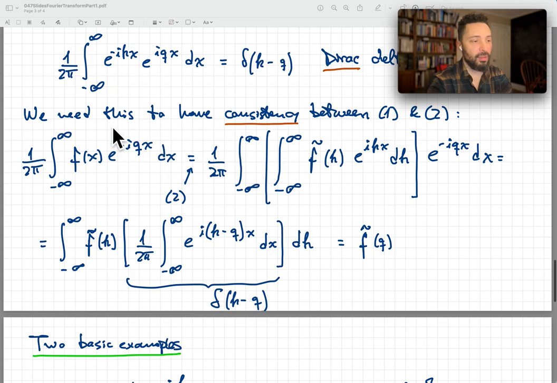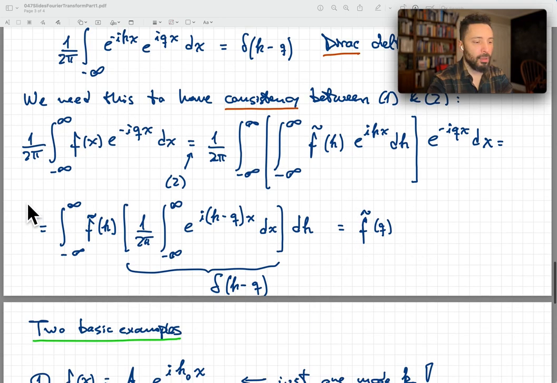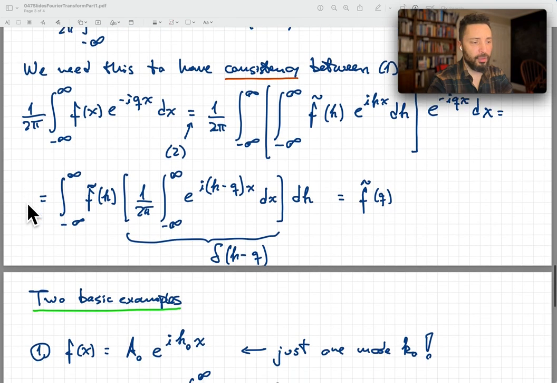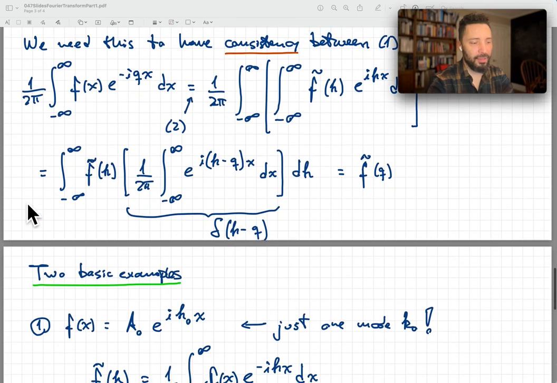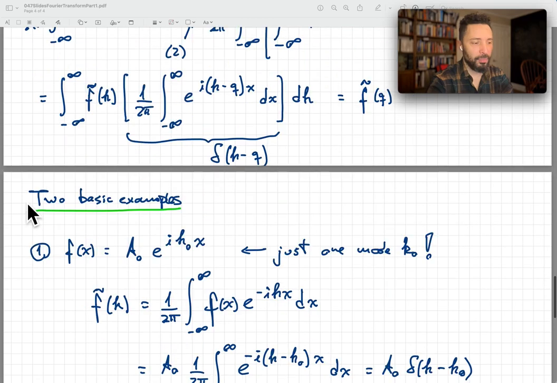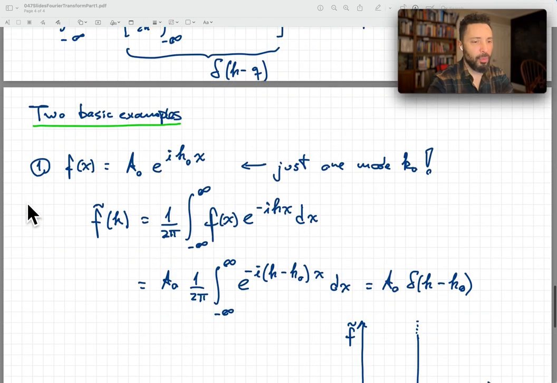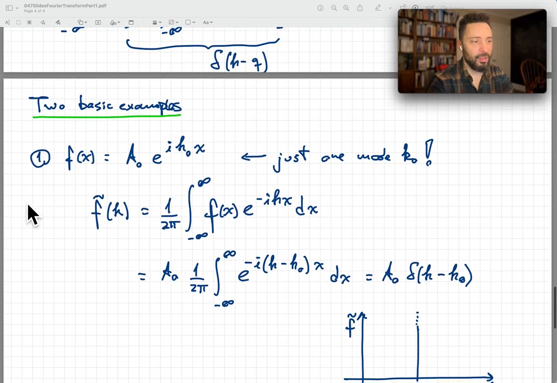And indeed, this is the formula corresponding to f tilde of q. Now, all that is part of the formalities behind the Fourier transform. Let's see a couple of examples. So here is one of the most basic examples of the Fourier transform. Suppose that our function f of x is some constant a0 times e to the I k0